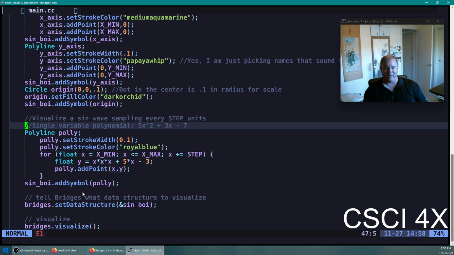Legitimately, when I was writing this for you, I didn't know that I needed to call set stroke width, for example, right? I just tried rendering my polyline and it drew nothing. Because guess what? Stroke width defaults to 0. Or maybe it doesn't, I don't know. But the color also defaults to white. And so when I was drawing this polyline and nothing was coming out, I'm just like,